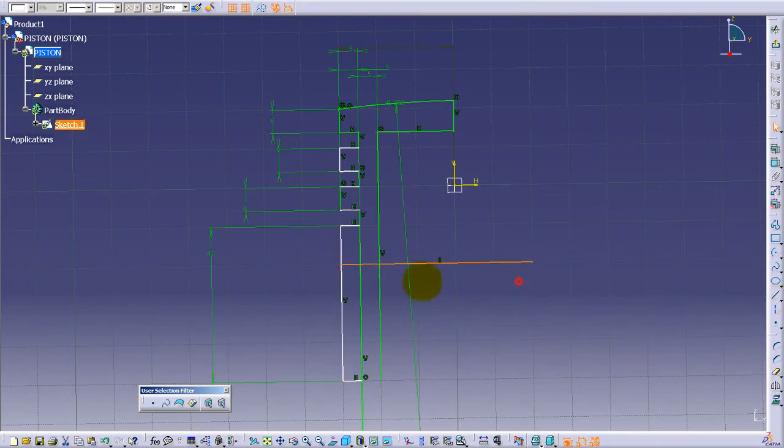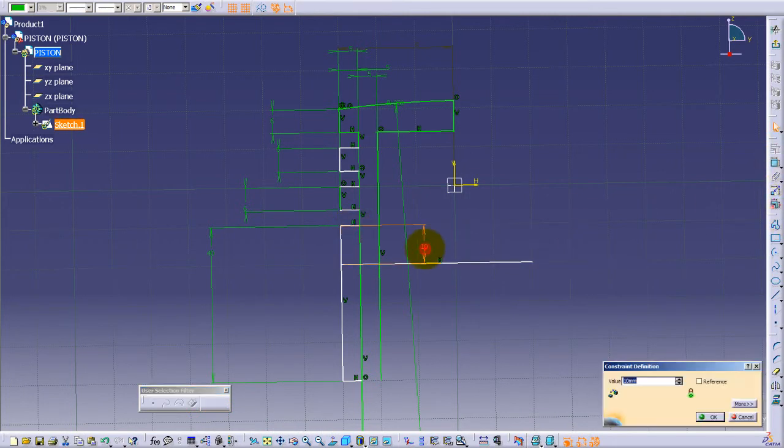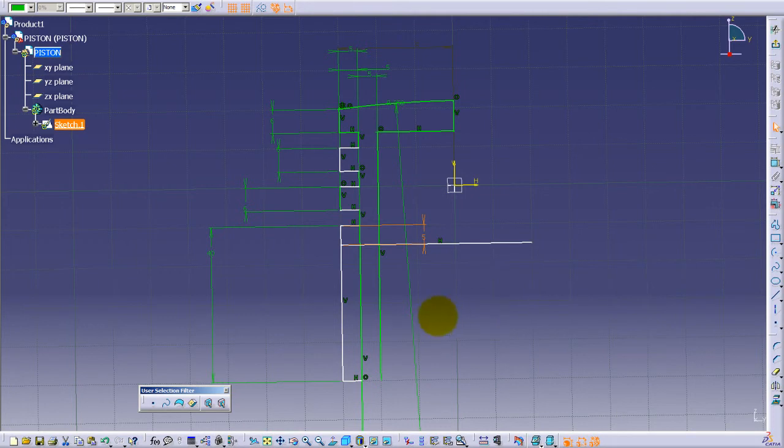And this line here should be at a distance of again 5 millimeters from this line. Now we should quick trim the excess as before, here and here, and lastly here. So we have now the profile,